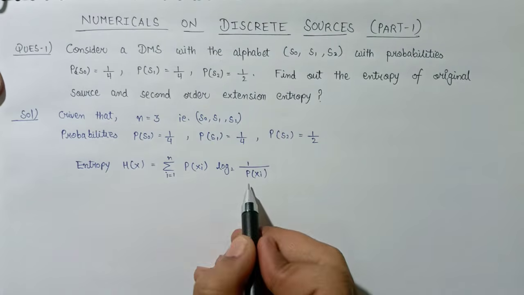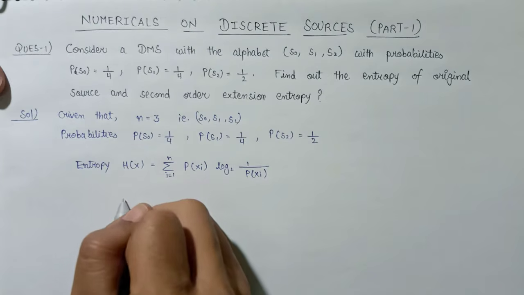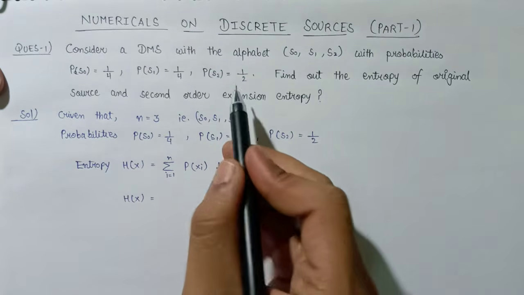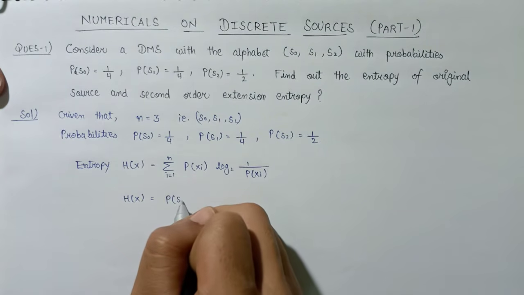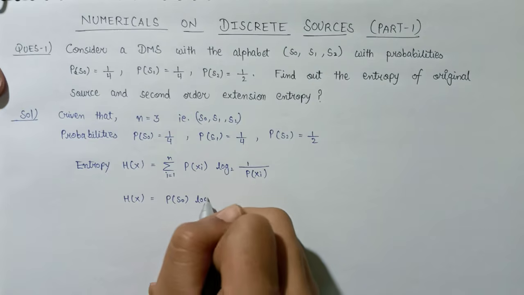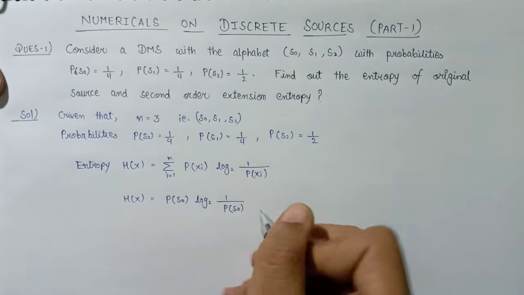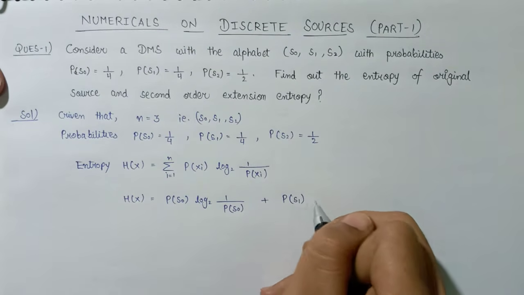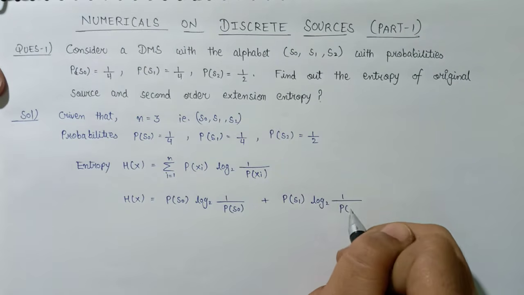This is the general formula for the calculation of entropy. Let's expand this formula for our 3 symbols, that is, P of S0 log base 2 1 over P of S0 plus P of S1 log base 2 1 over P of S1